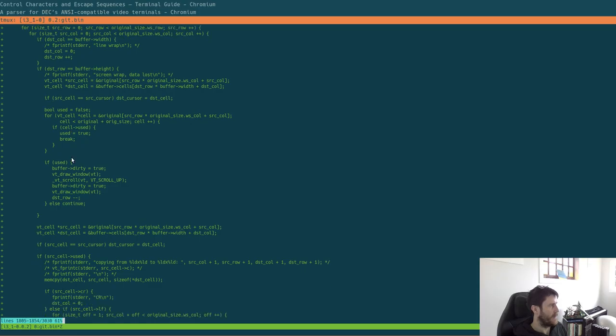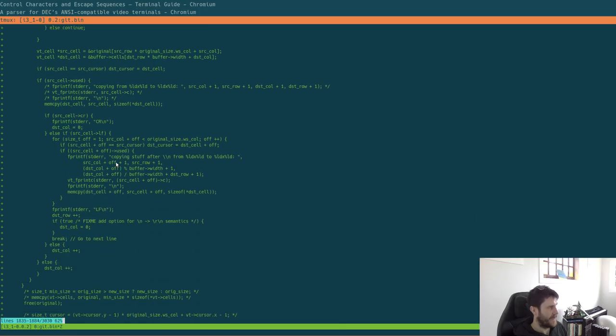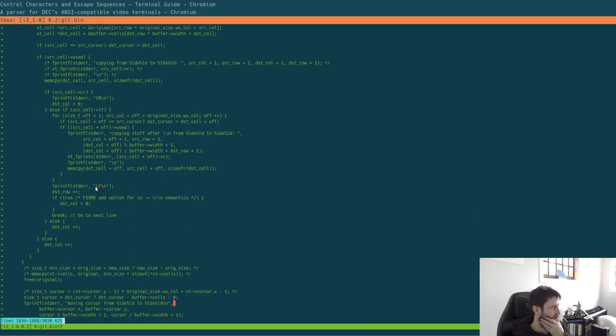I think it stores this carriage return and line feed in the source thing, but now that I've got alternate buffers, I want to change how that read cycle is done, because